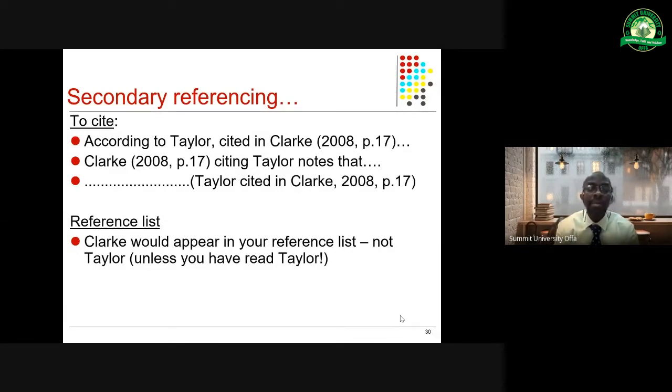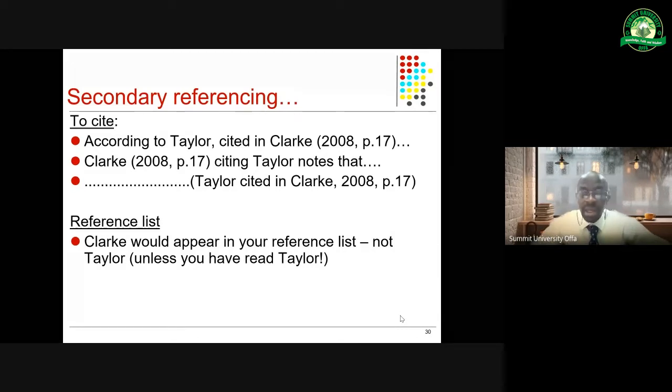So what should now appear on your reference list? You have only read Clark's work. You have not read that other work. So it's the one that you have read that must appear in your reference list, except if you have had access to Taylor's work also. Then in that case, you can cite the two. That is also even if you have information in that first one. So that is about secondary